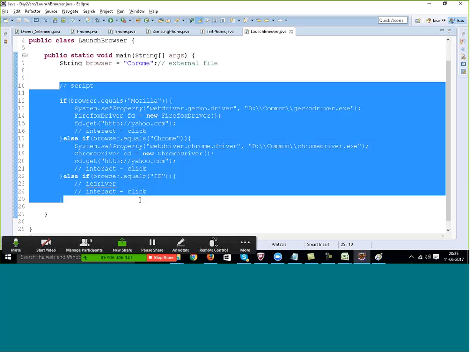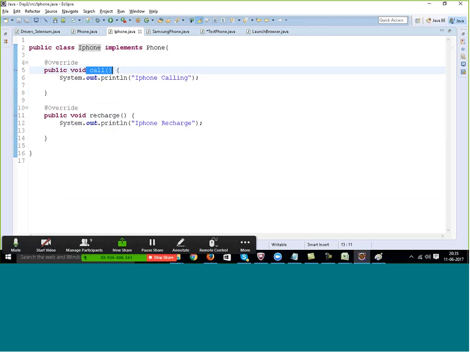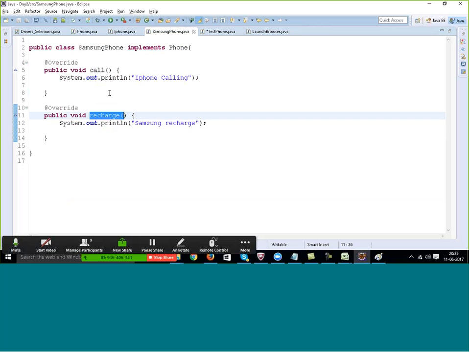Okay, the solution to this also comes up from interfaces. Now, how do you solve this with interfaces? What we do is that we do it like this in test phone. I'm going to do little different things right now. Okay, now in the iPhone class we have got these two functions, call and recharge. And inside the Samsung phone again we have got these two functions, call and recharge. Alright, now what I am going to do is that